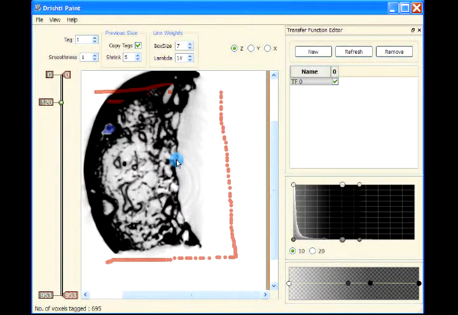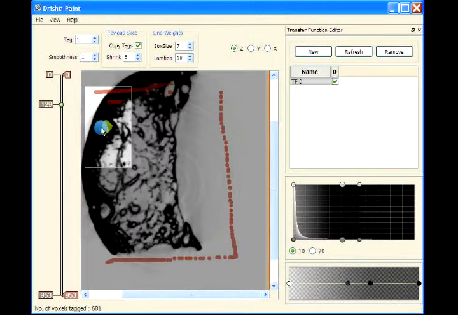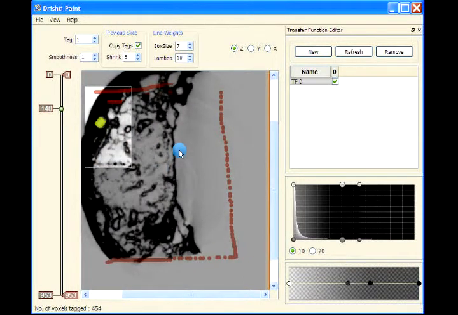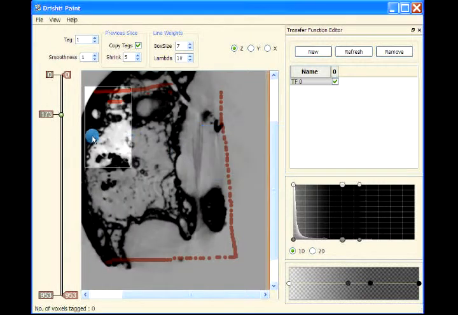Let me press escape, stop that, and what I'll do is you just add a bounding box, so using alt and left mouse button, and then start the procedure, and it will go much faster because now it has to operate only on a smaller region here. Okay, stop here,